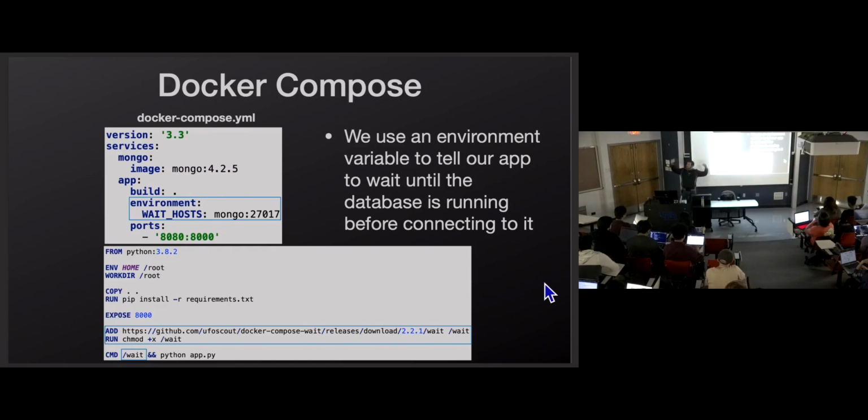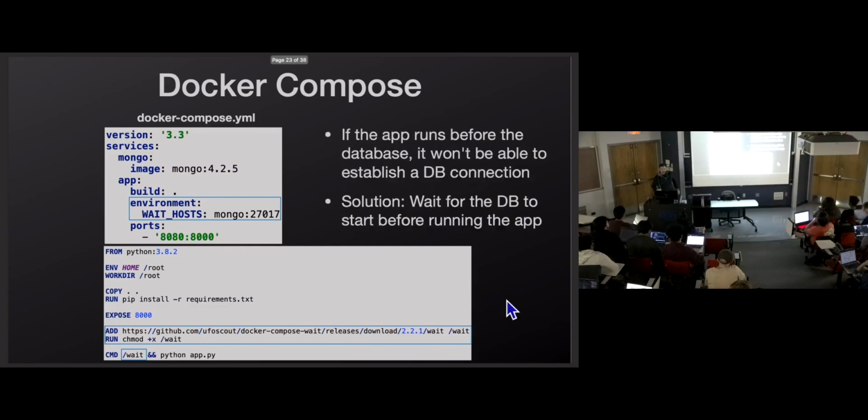So it's going to say, hey, database container, this other thing depends on you, so you start first. And it goes, okay, let me start my startup script. Then Docker Compose says, okay, other container started, you can start now. Same problem. Just because this container started doesn't mean it's ready for TCP connections. So the solution that we have here is going to wait until the database is accepting TCP connections through this wait command.